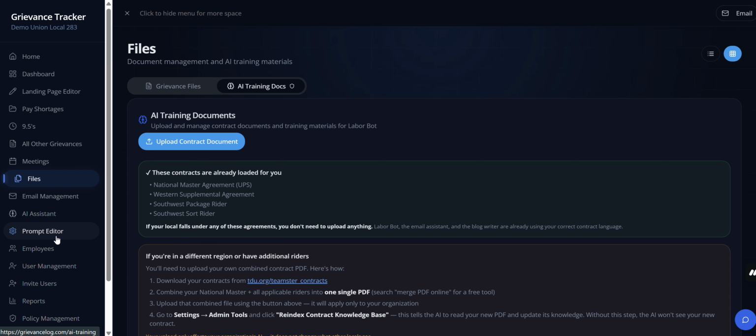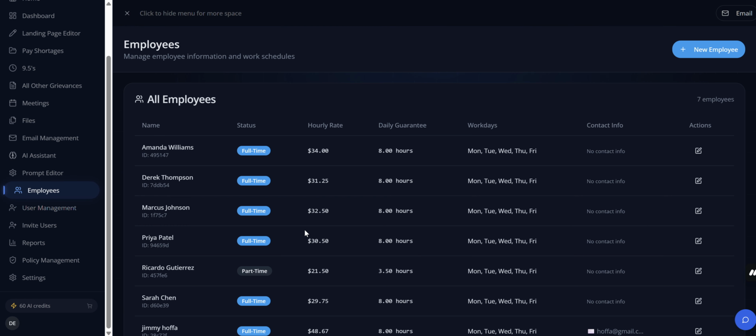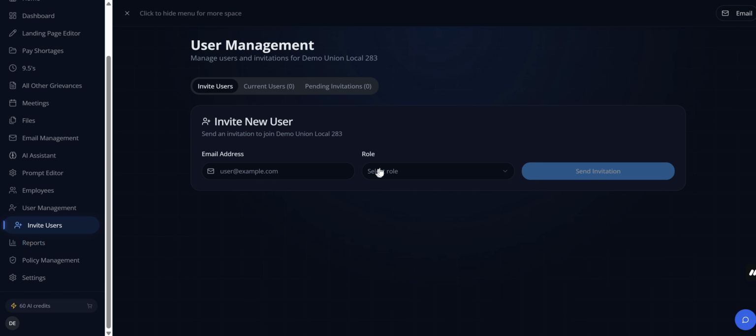Then you've got the prompt editor. I wouldn't mess with that. Employees, this is where you would put in all the information. Like I said, it already knows Amanda makes $34 an hour, if she existed, and her work schedule. You would put her email in there, and that's what keeps everything proprietary towards her. Then you would invite Amanda as an employee, and she'd be able to see all the grievances that she wrote,